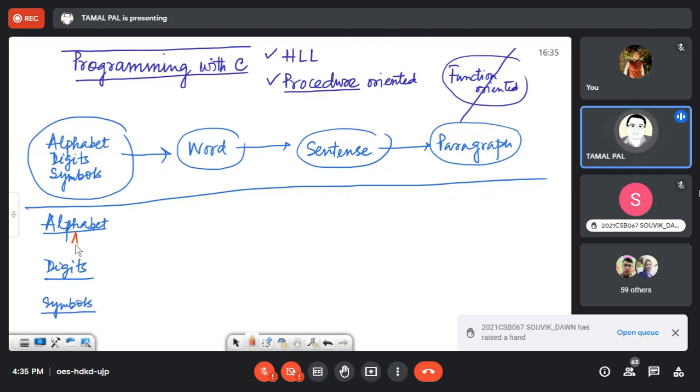I think everybody knows A to Z, even small letters. Digits are 0 to 9. Symbols are different symbols like hash, exclamation, interrogation, dollar. This type of things are available here also. So you will get to know. And now next thing is word.